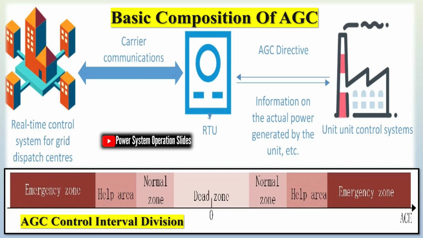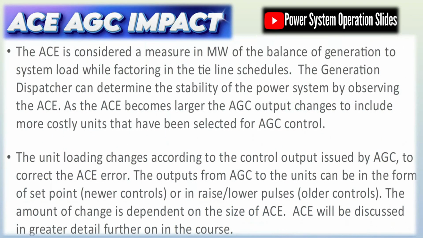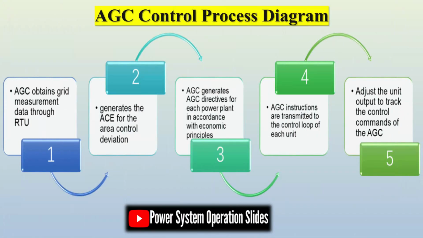In the context of today's power systems with high inverter-based renewable penetration such as solar PV and wind, AGC has become even more crucial. IBRs lack natural inertia and have variable outputs, which can lead to rapid frequency fluctuations and system imbalances. AGC helps mitigate these effects by enabling fast, automated response from controllable generation or grid-supporting IBRs, ensuring frequency stability and maintaining reliable operations. Hence, AGC is a key enabler in transitioning to cleaner energy while upholding power system security and performance.